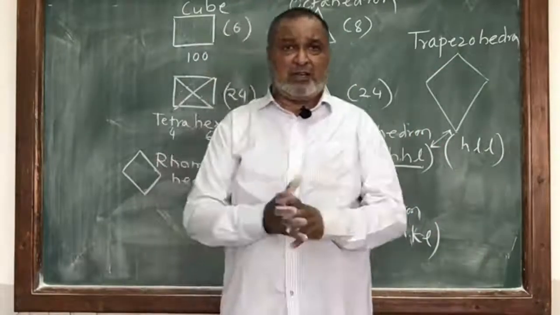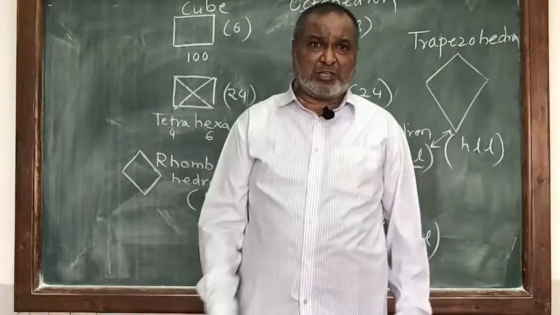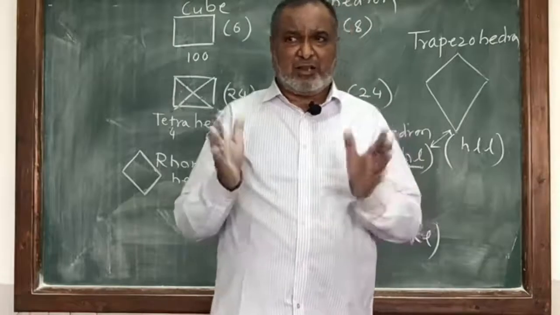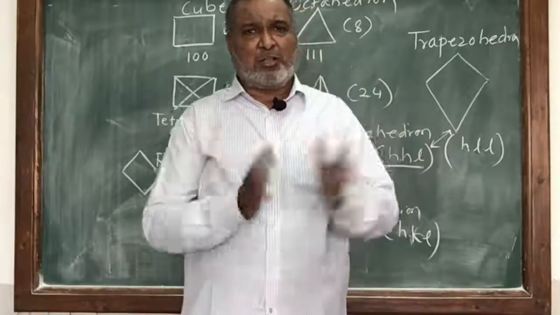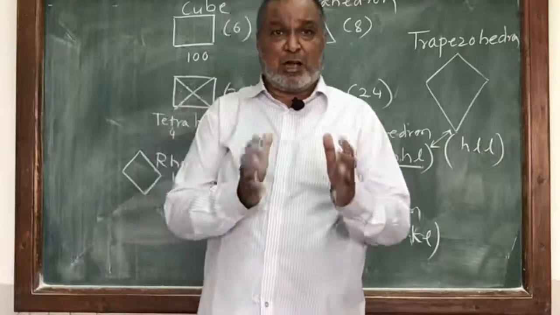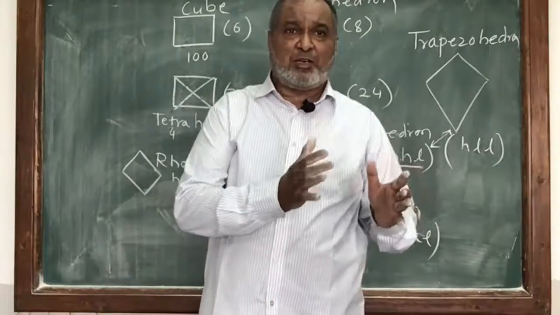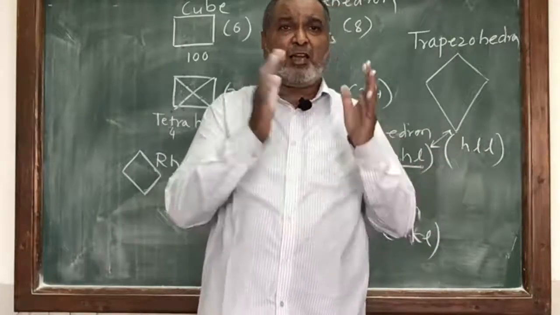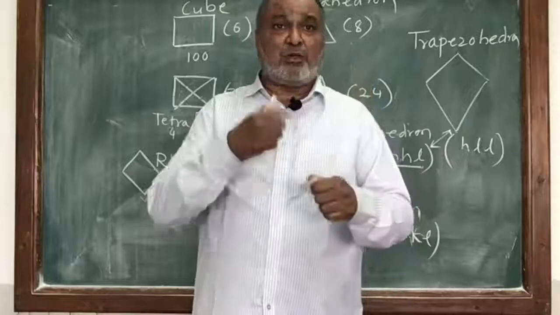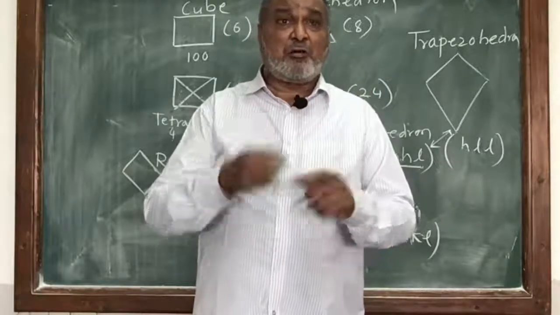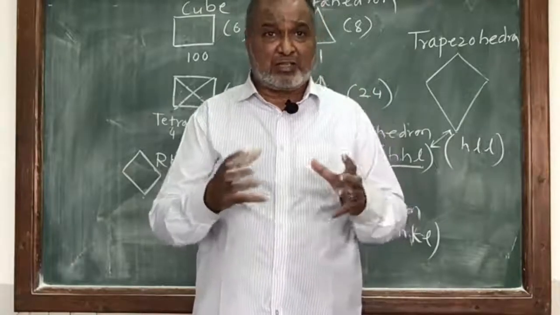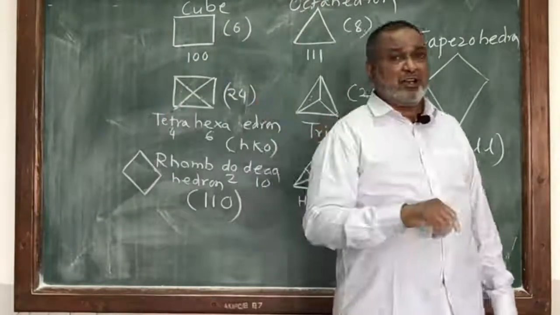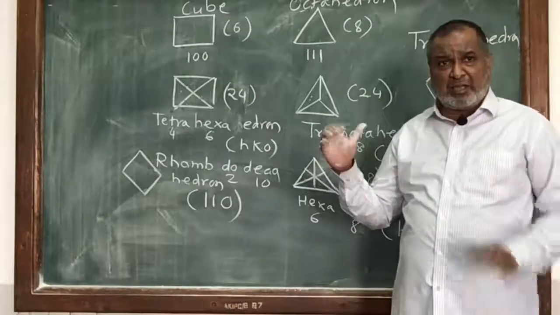So I tried my level best to make it clear. In the next subsequent video, I will hold the model of each system. I will take small videos for all systems, cubic system models, and how to identify them. Then we go into the next ones, hexagonal system, tetragonal system, orthorhombic, monoclinic, and we'll see how the holding position is there and how we are going to recognize the models, their names, and the indices by which you can easily recognize them. And I hope this will be clear from my side.